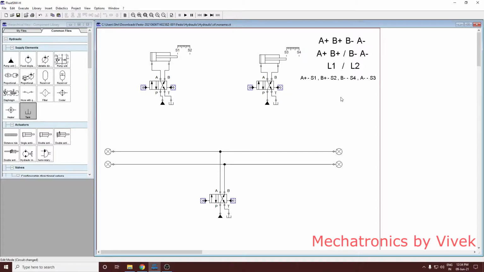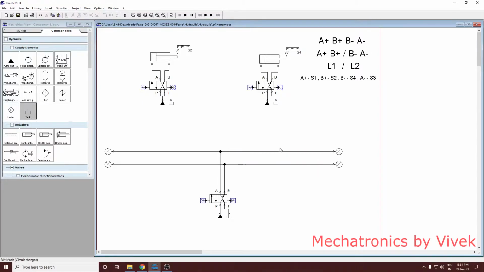For actuating these sequences you also need power lines or source lines, which are also known as pressure manifold lines. So we have made two lines, L1 and L2. This is L1, this is L2. These are done by dragging this pressure symbol, two symbols, rotating them properly and connecting them. So this is your one pressure line. You replicate the pressure line, so you have two lines, L1 and L2.